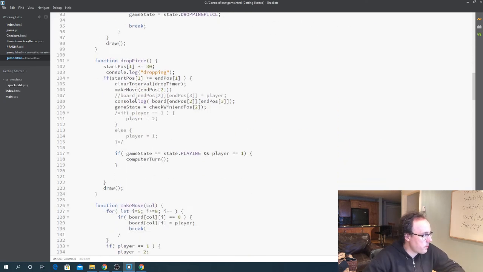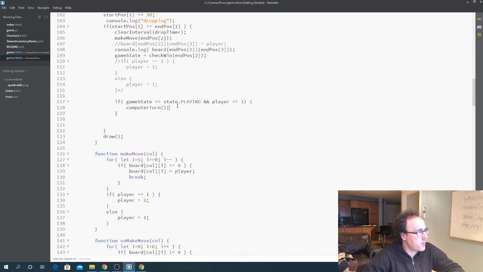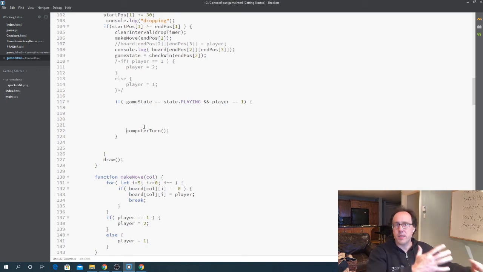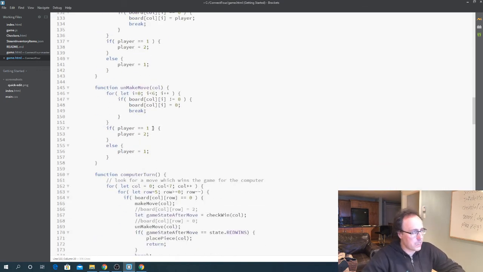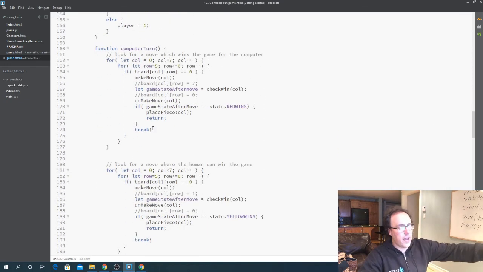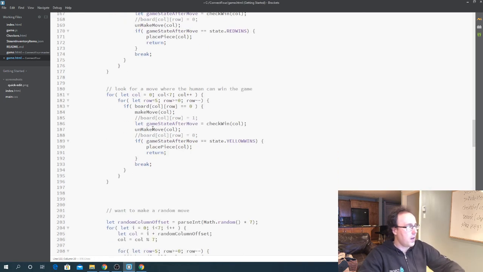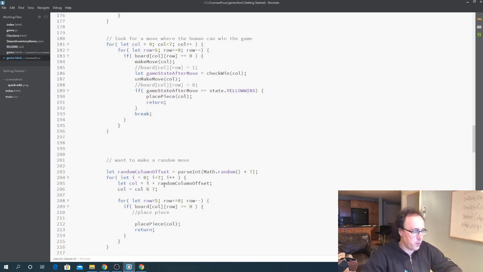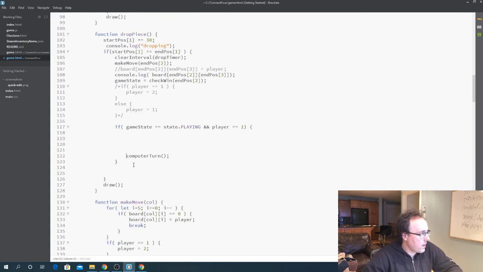So after I drop the piece, this is where it comes in here and it makes the call to do the computer turn, okay? And this called my previous code that basically looked at the different positions and potentially made a move based on a few conditions. And if it couldn't find a win or a block, then it would make a random move instead. So I can comment this out, and right now what I want to do is add my